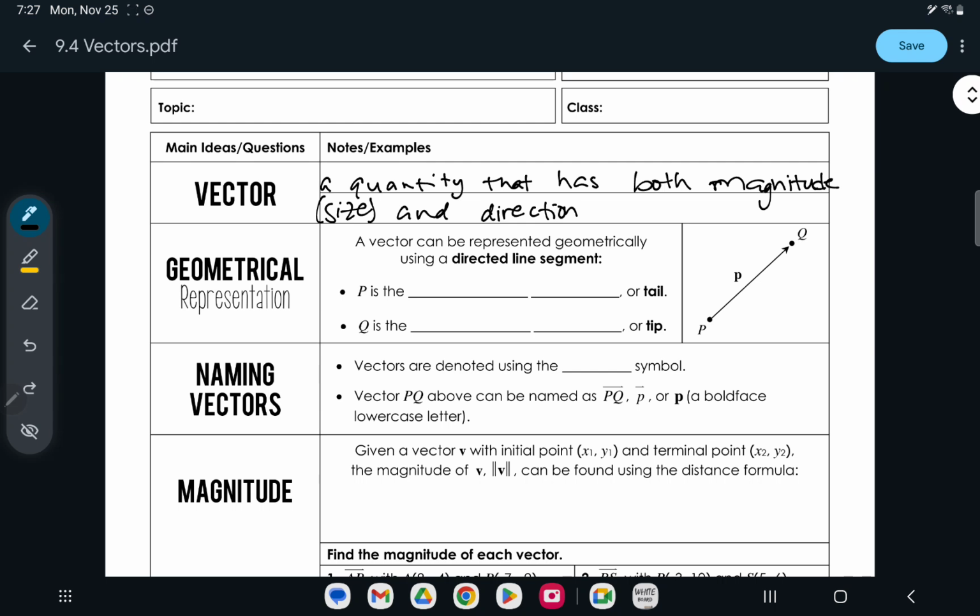So it could be represented using a directed line segment where P is the initial point